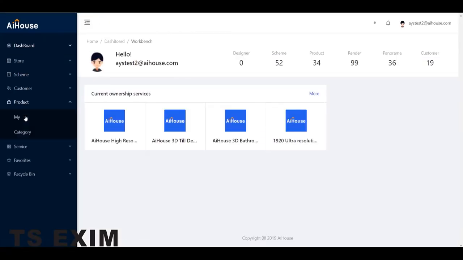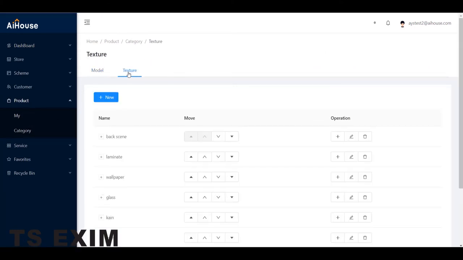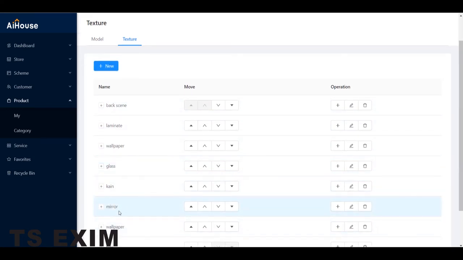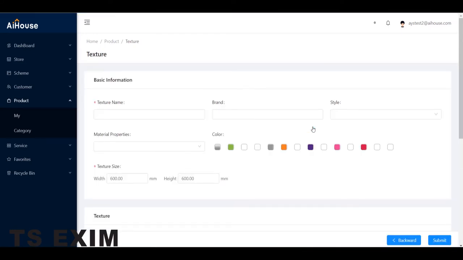come to product category. At first you need to go to texture, then you need to create a new category called mirror. Okay, so the computer will know this one is a mirror category, and come to my, click on texture, publish. Okay, after you publish, you just type the name MIRR media 2, then